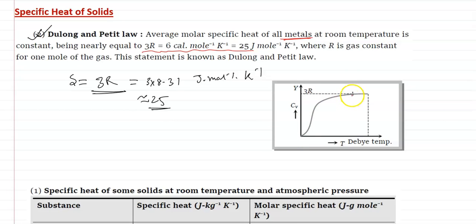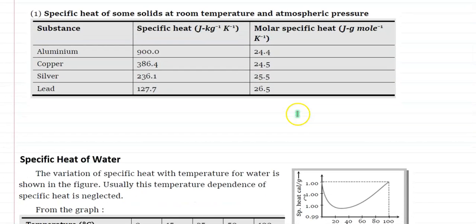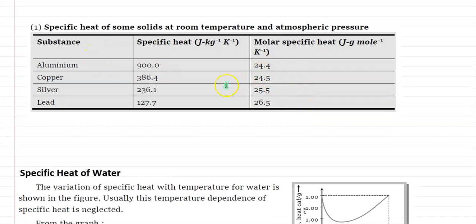And then Einstein tried to make a different equation to match this graph, but Einstein also failed. Slightly, Einstein's graph is different from this graph. Debye took the electronic specific heat into account. According to Debye theory, we can get the proper solution of specific heat, and then we get the actual curve. Okay. So the specific heat of some metals is given here: aluminum 24.4, copper 24.5, silver 25.5, lead 26.5,